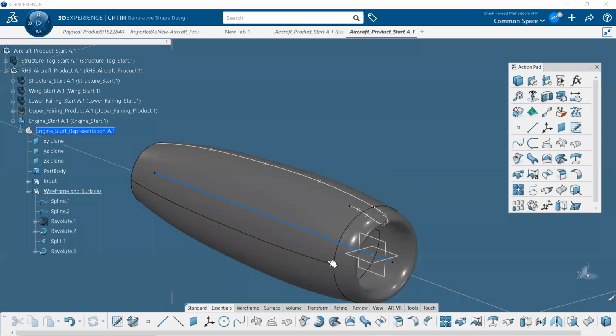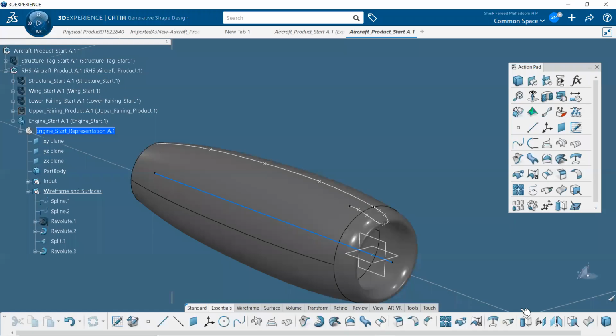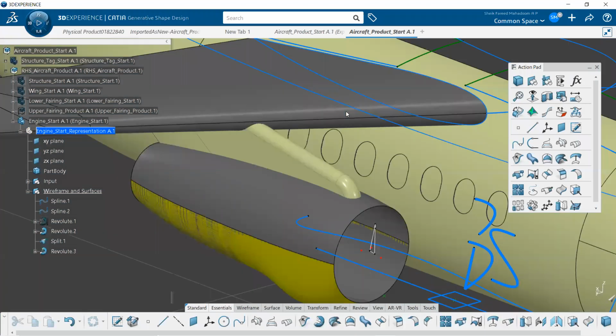Once we complete the two revolves, we have to get the knuckle surface. For the knuckle surface, just go to the hidden surface. It displays the hidden surfaces, and here you can see there is one surface, right? Click on this surface, then right click on it and choose hide and show.